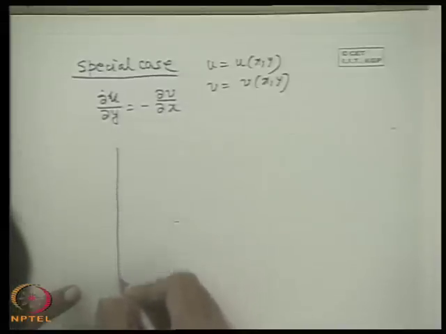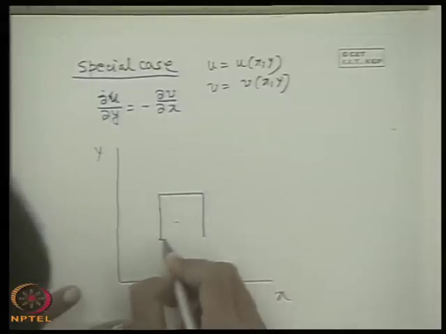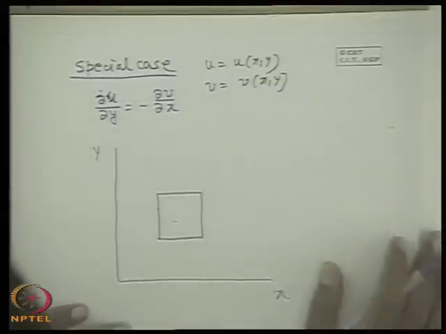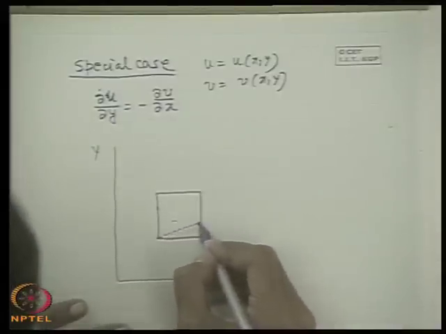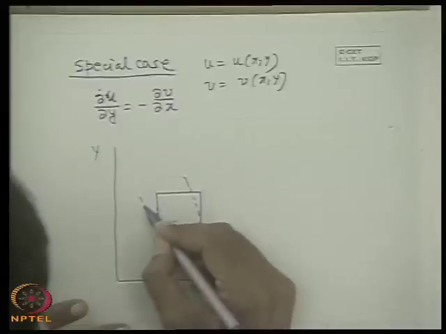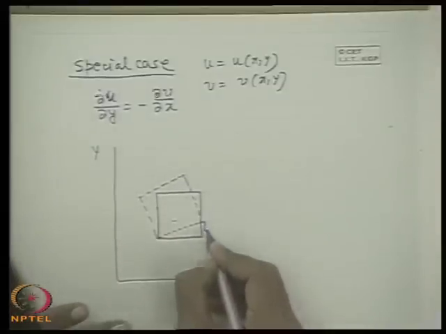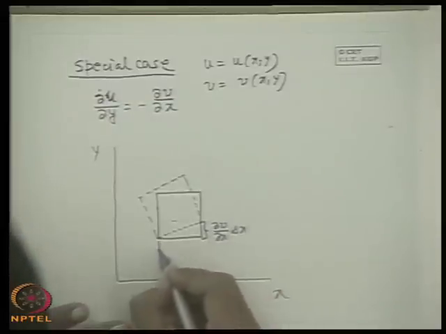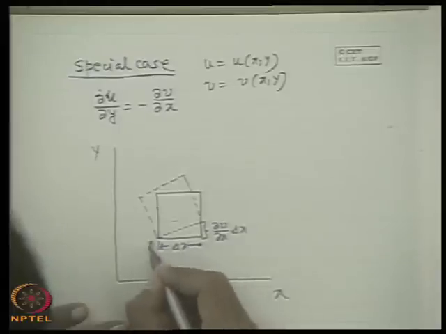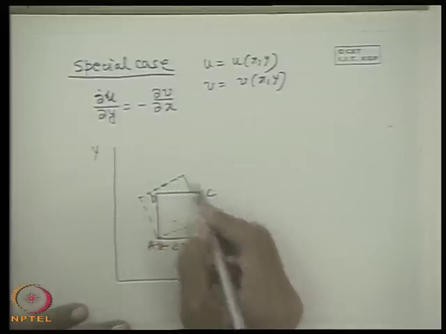Just think that this is the xy plane, then what happens? Let us consider this as the body here, just at the same place, we are not going somewhere else. Then with del u del y and del v del x equal and opposite, you will see the included angle will remain the same. Why? This is del u, del v, del x, delta x. Let this be delta x. A, B, C, D, and the dotted one is the final position.